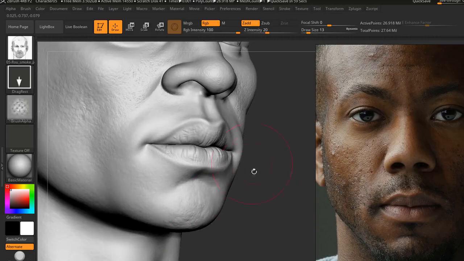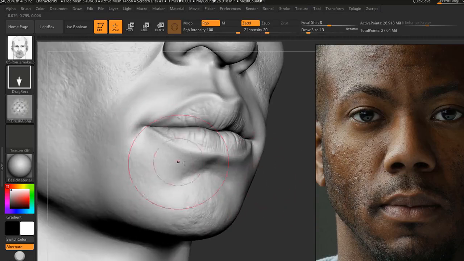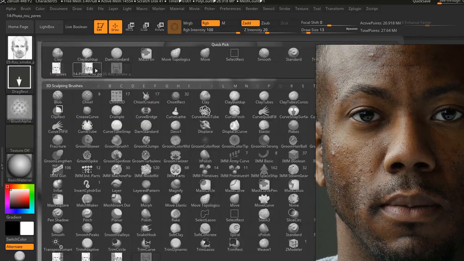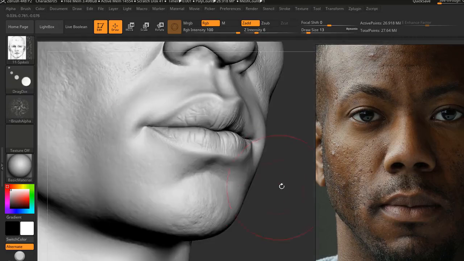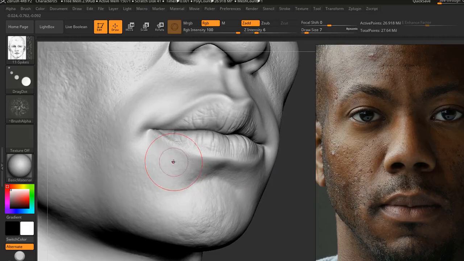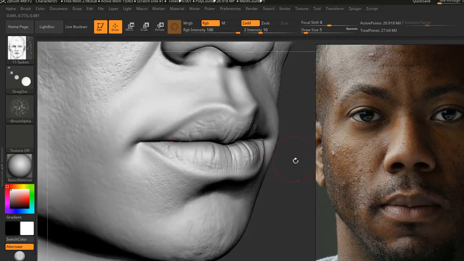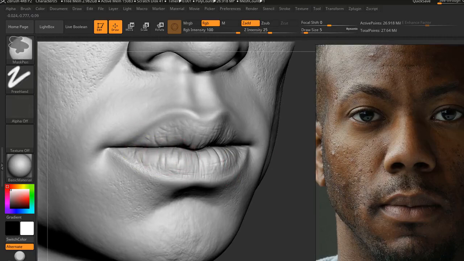I think that's fine. And then I'm going to add some pores here on this area. So again, let's change this brush, we can change from here, the spike is there. So let's put some rough pores there. Usually this area has pores. I think I should increase it. And to protect the lip, you can mask the lip, mask it roughly, and then